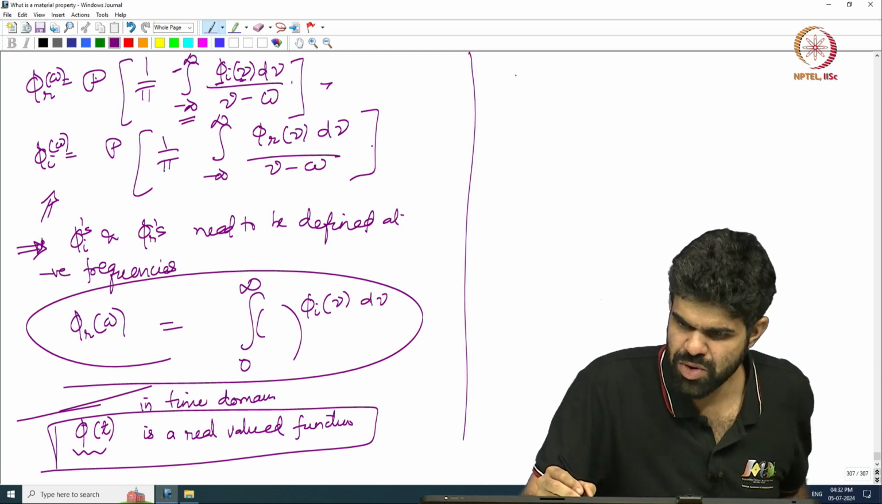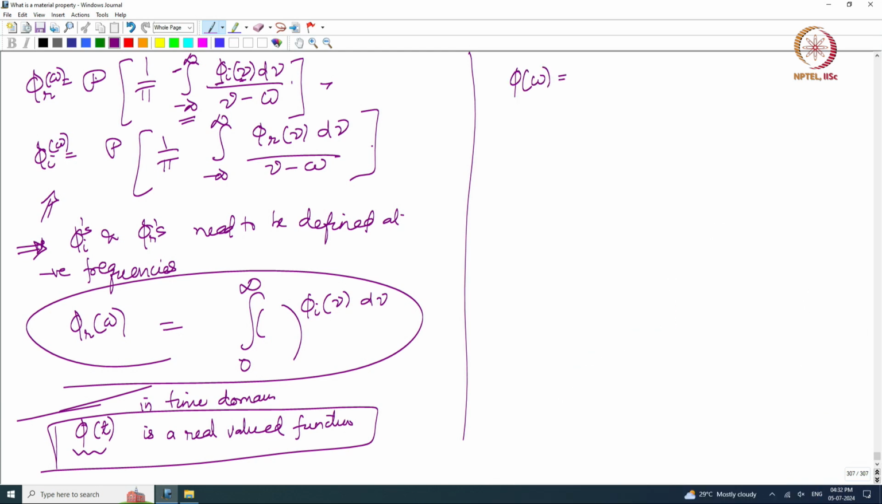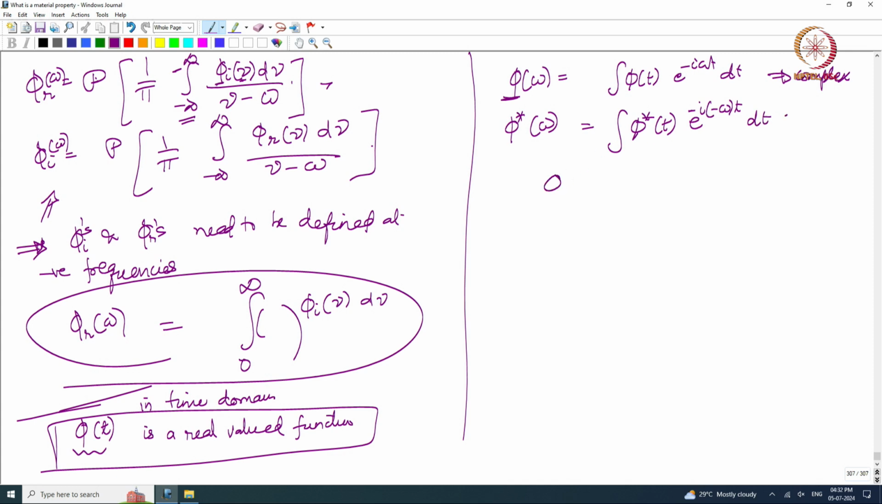So then if I look at what phi of omega is, it is the integral of phi of t e power minus i omega t dt. Now what is phi star of omega, which is the complex conjugate? Phi of omega can be complex, this is a complex number, and a complex number has a complex conjugate. So I look at the complex conjugate, I take e power i omega t, or minus i minus omega t, dt. So this is what I am going to do, and since phi of t is real,